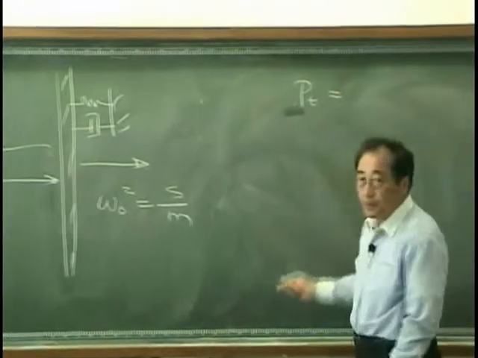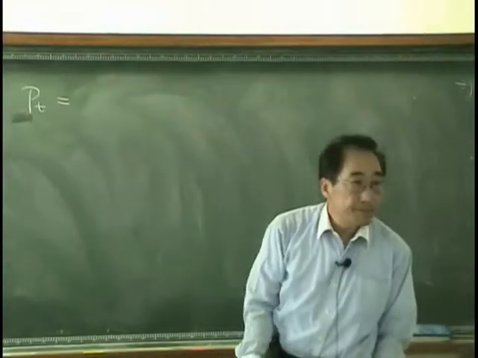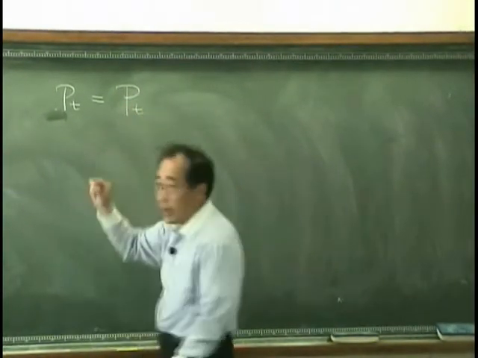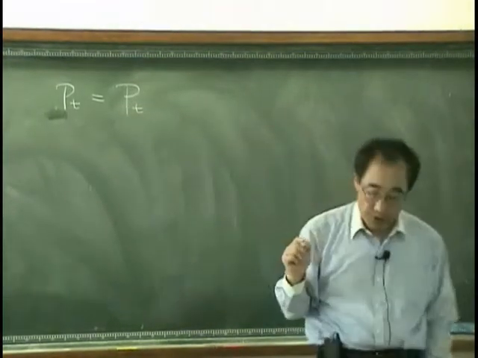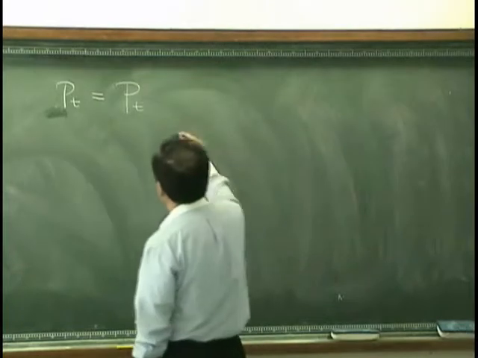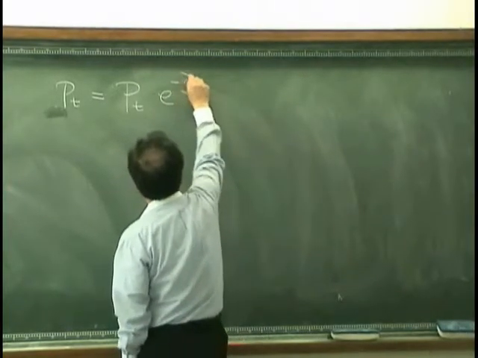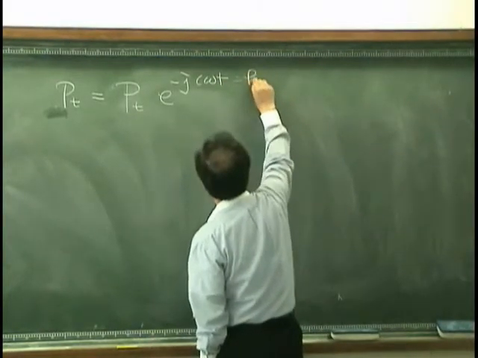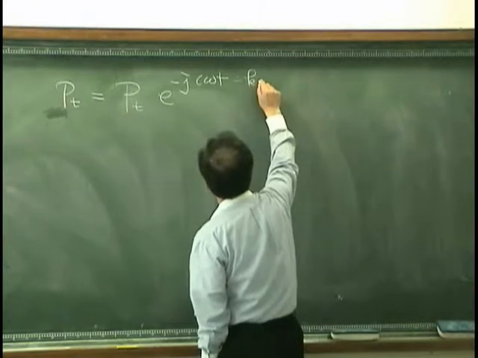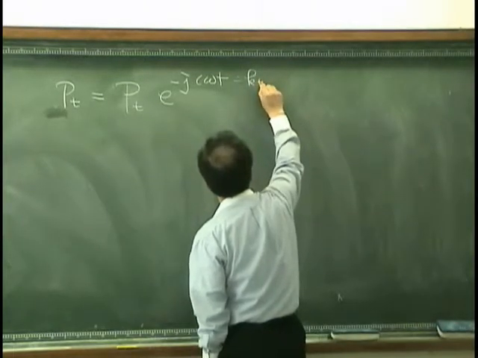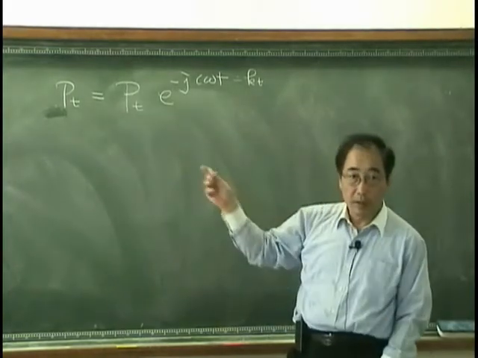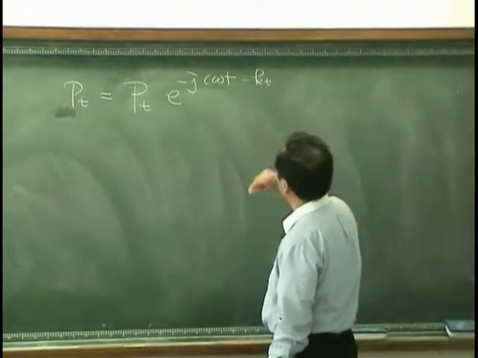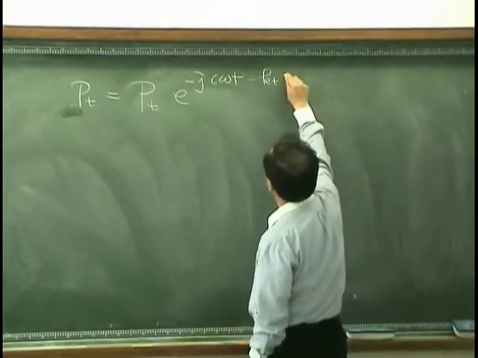The transmitted wave, PT, has to be PT, that is the magnitude of the transmitted wave, exponential minus j omega t, and then I can write minus k, say kt, that is the wave number in the medium over there. Kt,